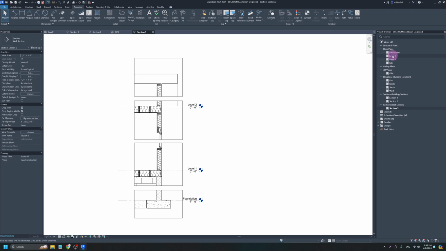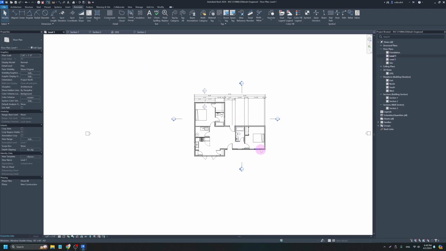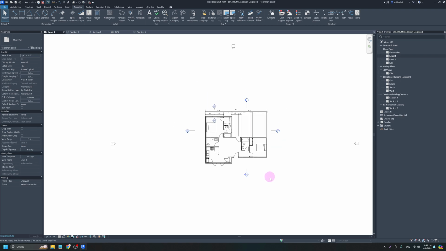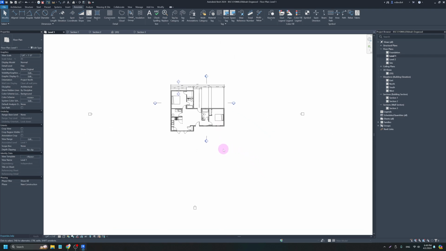But what we want to do for a rendering first is place a camera or place a perspective. So I like to do that in my level 1 floor plan. I'm going to place my camera, so I go into level 1, and the easiest way to get to the camera tool is there is a little shortcut. If you click on the arrow next to the 3D view,